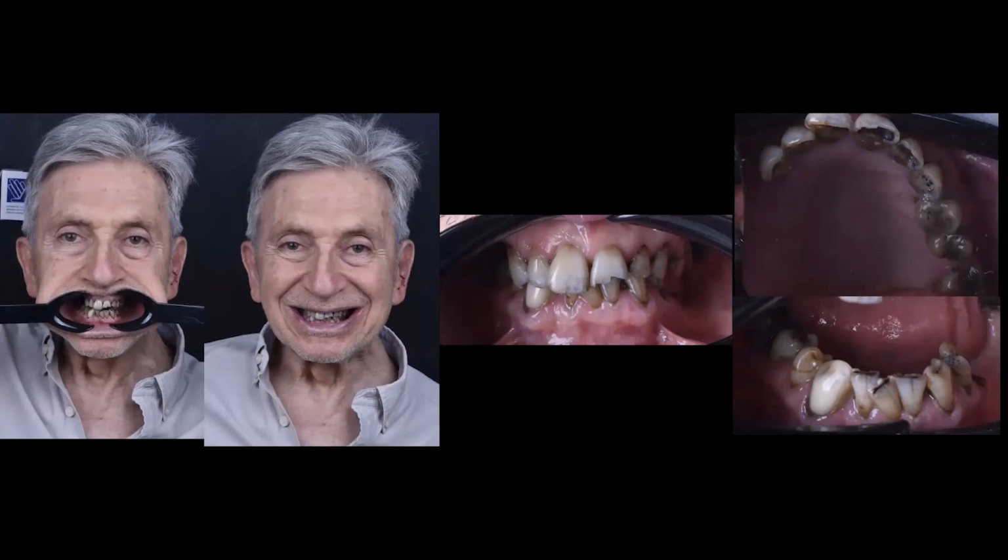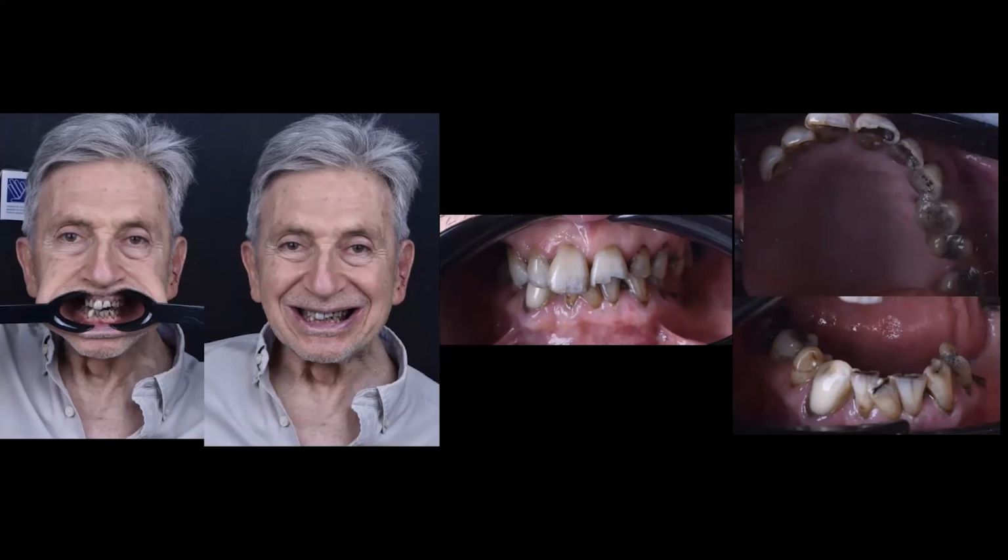It is the most important thing in this day with our work, and with these tools it is so easy. It's easy for the patient to find the solution.